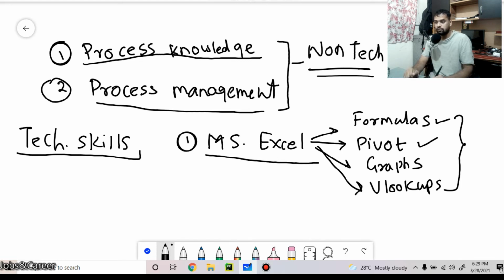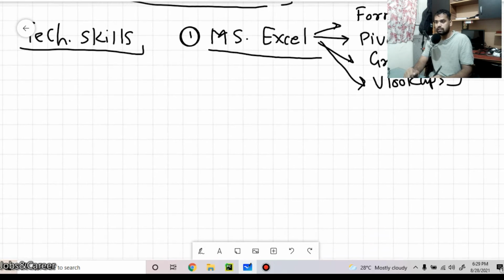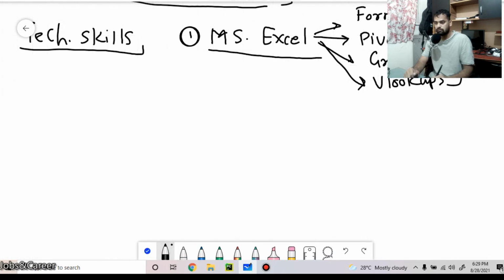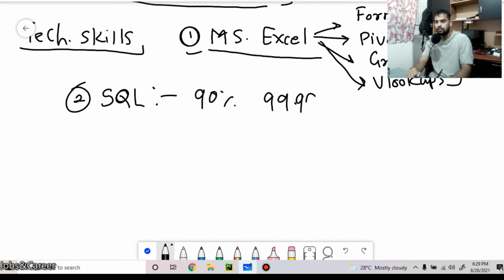Okay, so what comes next? There are other skills required apart from Excel. The first one is Excel, which is basic. The second skill is SQL. Friends, 99.99% of data analytics jobs need SQL knowledge.